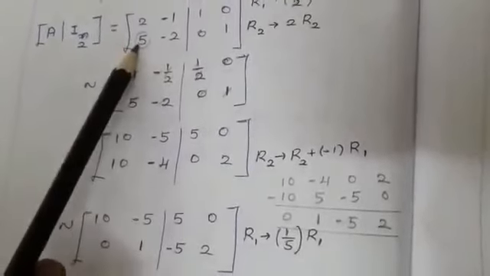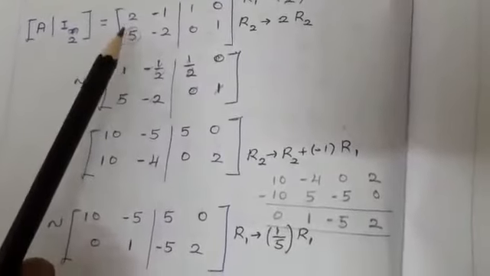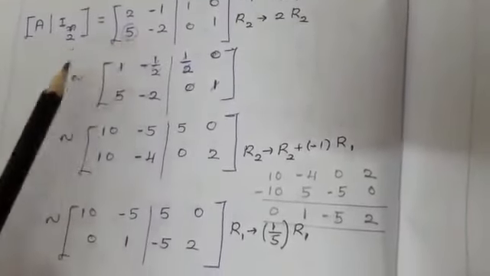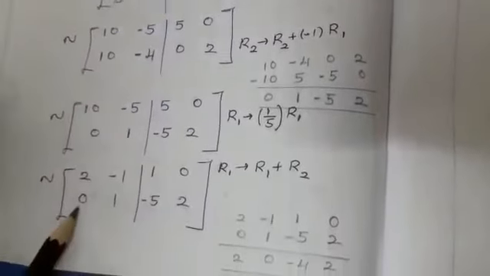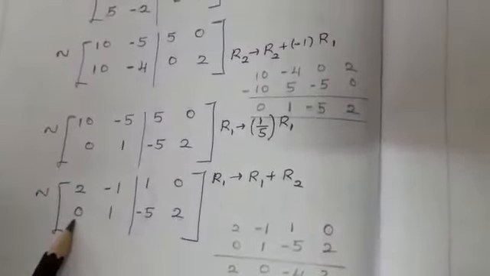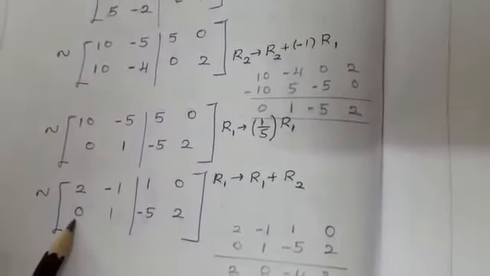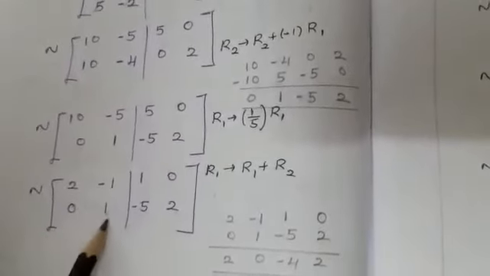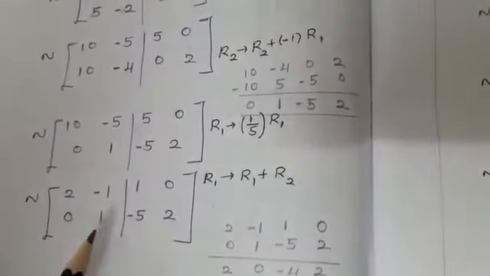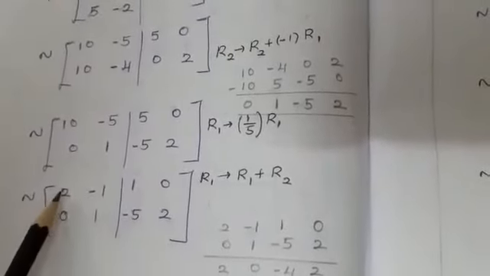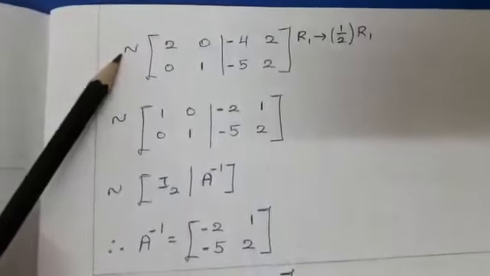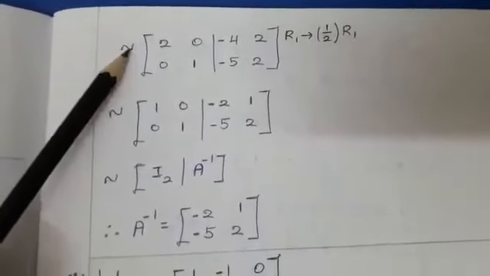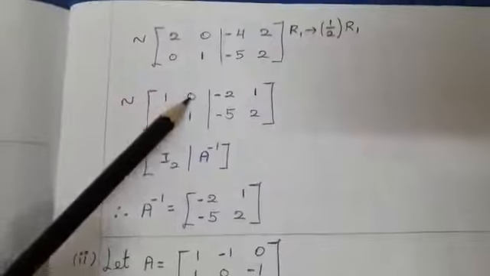Last row, first element 5, target this one, make it as 0. Once you make this value 0, just see, students, after 2 or 3 steps I am bringing the value here as 0. If you see here, 0 and 1 I am getting here. Now in this place if I bring it as 1 0, my work will be over. Just I am doing the calculations. Go through the calculations, you will understand while you are doing the sum. I am getting the value as 1 0 0 1.